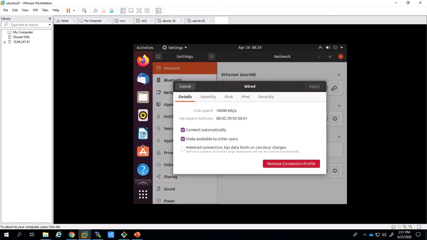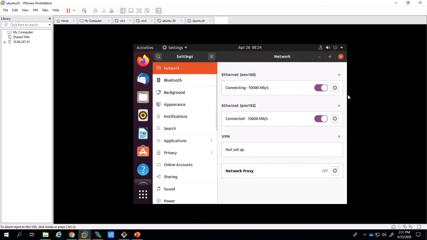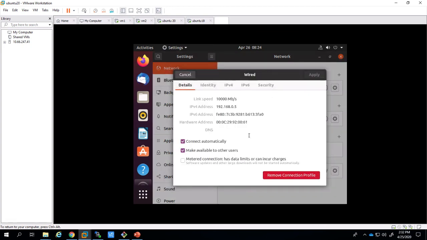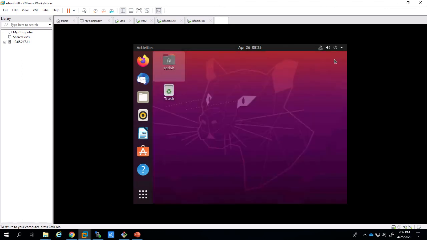So this is DHCP. We are connected. See this on and off. We need to do this for the NIC card, off, on. So we successfully set the static IP 192.168.0.5 to this machine. So we are going to